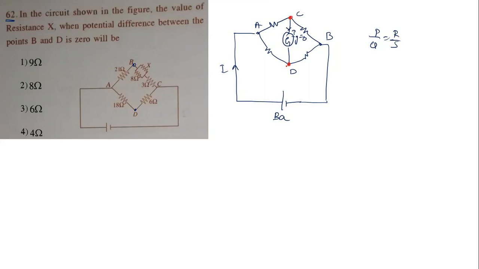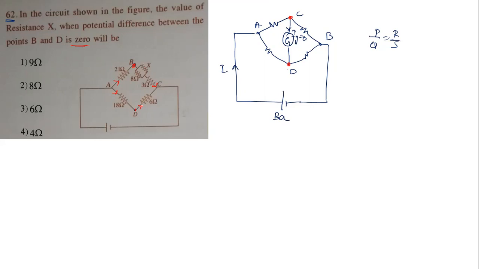So since these two potentials are the same, can I say these two points are zero potential points? Same means it may be anything, constant. So I'm going to take 0. The same thing is given here. Potential at B and D is 0, they are given. 0 means these two points are zero potential points. Means current going here will go through here. Current entering here will go through here. So using this concept, is this a balanced circuit or not? It is a balanced circuit.